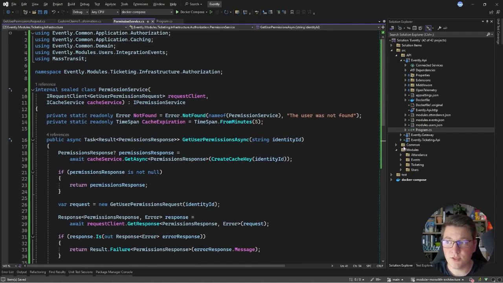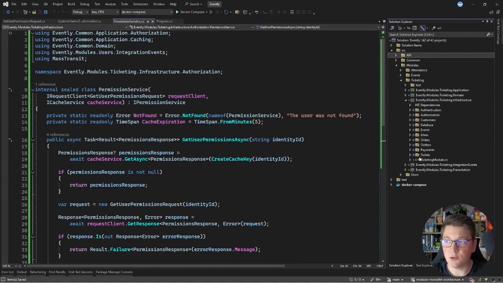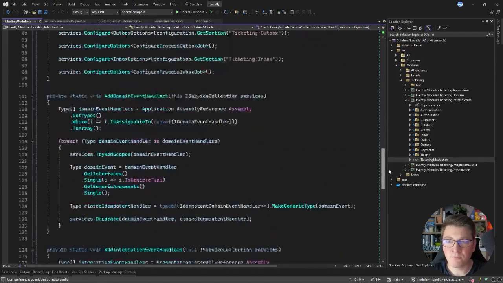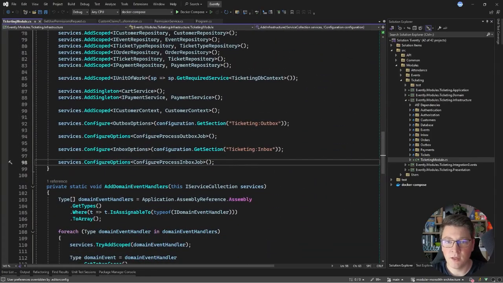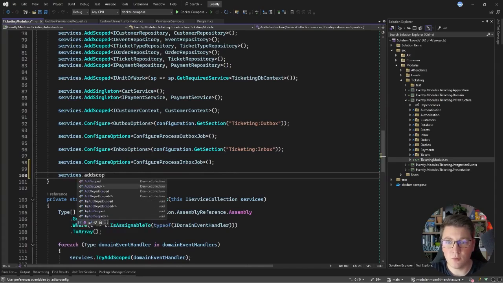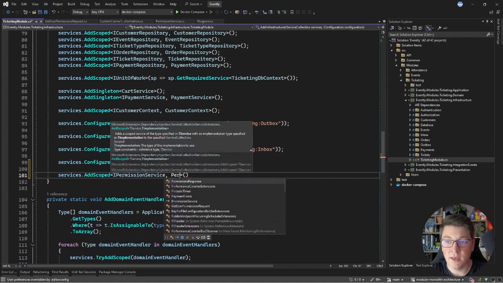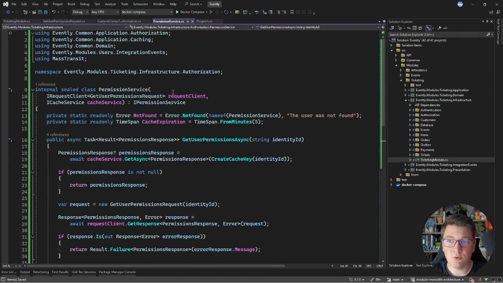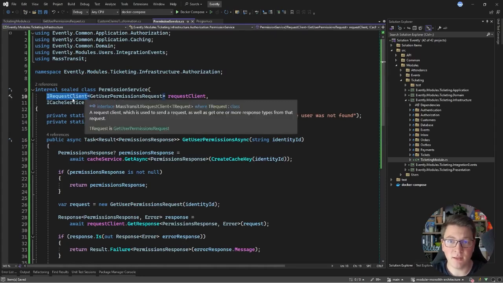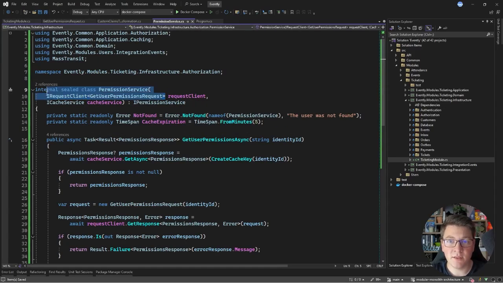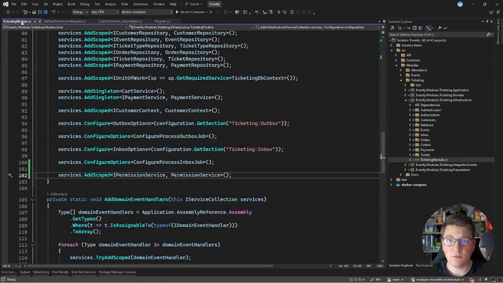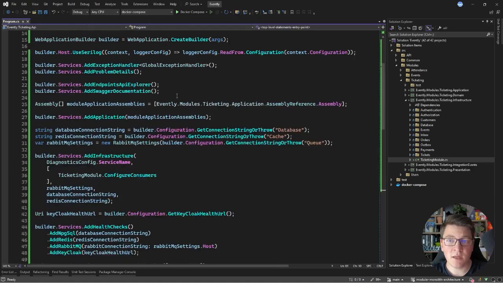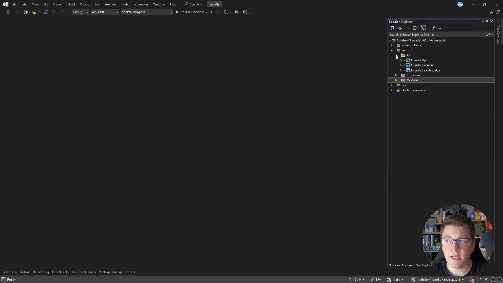And now we need to register this service inside of the ticketing module. So let's open up the ticketing module, and for example, right at the bottom here, I'm going to say services.AddScoped, and specify IPermissionService and the respective PermissionService implementation in the ticketing module. I'm also noting that we don't need to configure anything to be able to inject a request client. MassTransit can automatically provide an instance of this service. So let's go ahead and close down these files. And the only thing that remains now is configuring our reverse proxy to route requests to the ticketing API service. So let's also close down the program file and navigate to the event